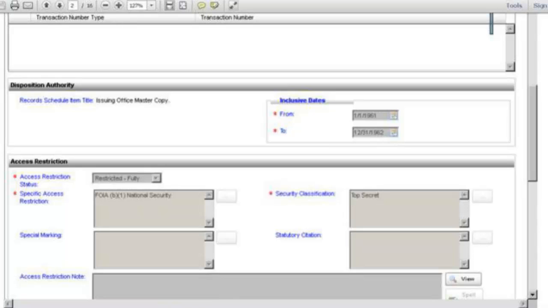So if you pick the security classification of confidential, secret, or top secret, right, those classified records that we identified under the key terms, then this box will come up, and it'll ask you which classification you're referring to. And so under here you'll see special markings. Now that box becomes active when you enter a FOIA B1 national security labeling. When you see specific access, when it says B1 national security, the special markings box will pop up, and then you'll have to choose from a list of available options there